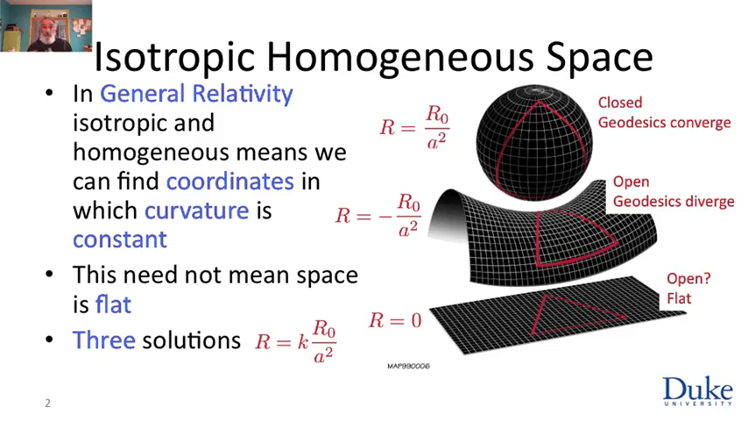The earliest classes of solutions that were found to Einstein's equations were in fact the space-times in which space is described by space that is isotropic and homogeneous. In other words, at every point it looks exactly the same as at every other point and has no preferred directions. Now,